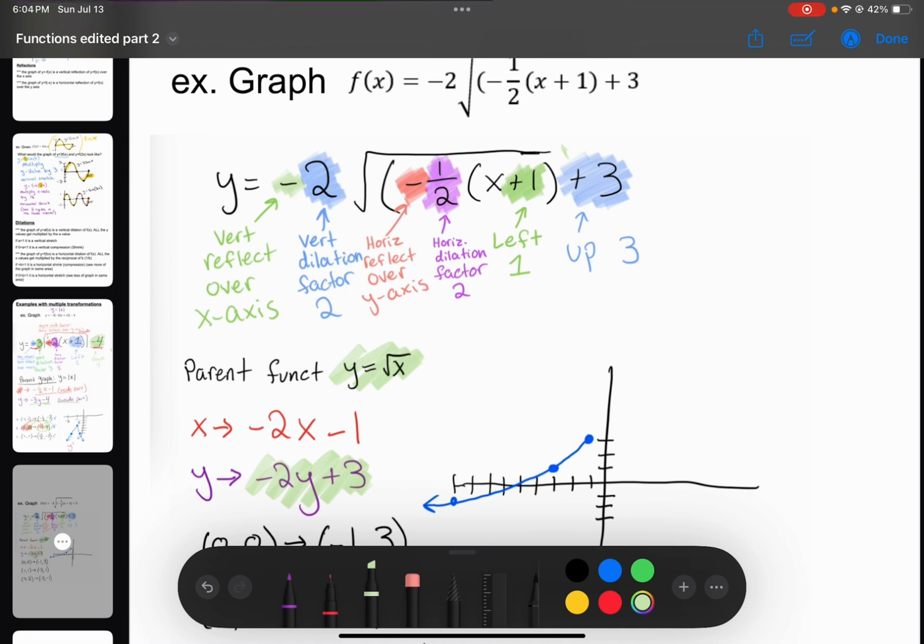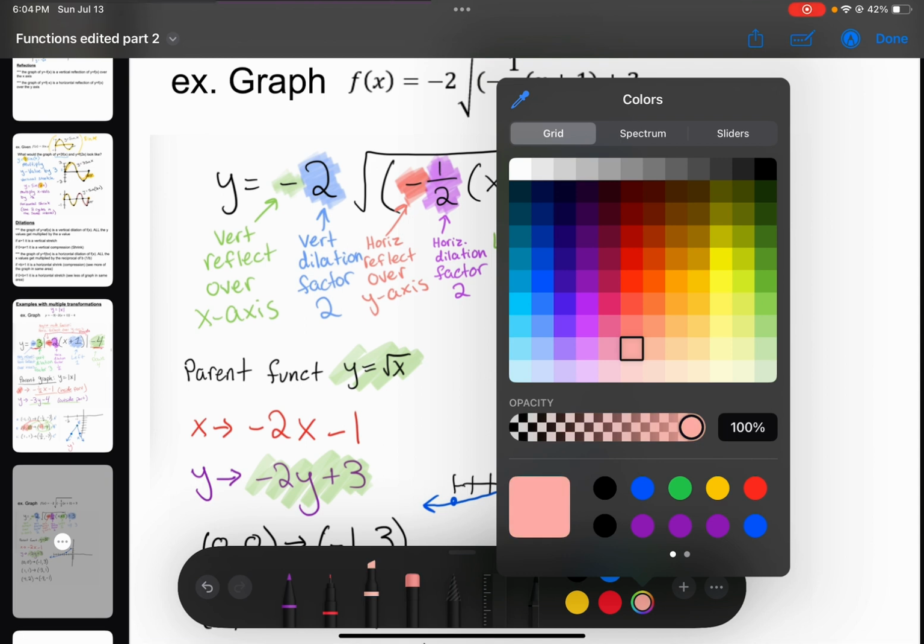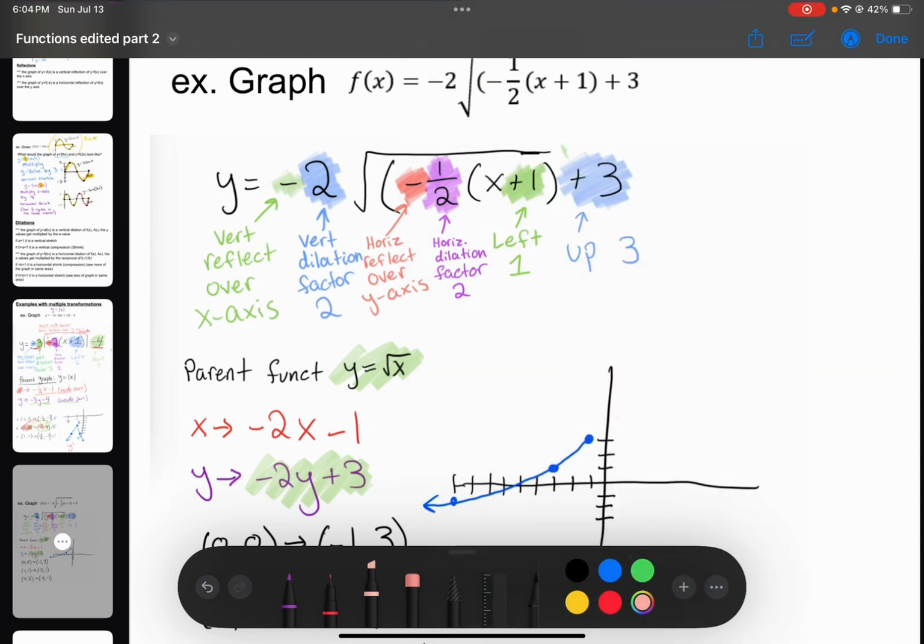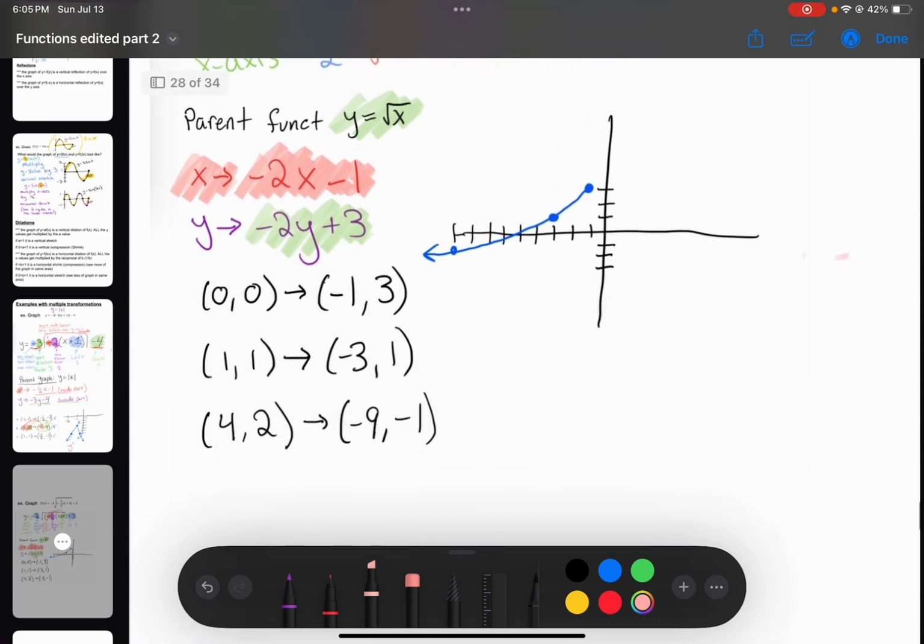Okay. Then our inside stuff, we have a negative in front of everything. That is going to be a reflection over the y-axis. We have a dilation of a half. So that's going to tell us that the dilation factor is 2. Right? It's like that thing upside down. And then the x plus 1 tells us that we're going to the left one. So all that inside stuff affects the x value. So the x value is being affected by negative 2x minus 1. So you kind of distribute that negative in and flip the dilation factor. And then let's say